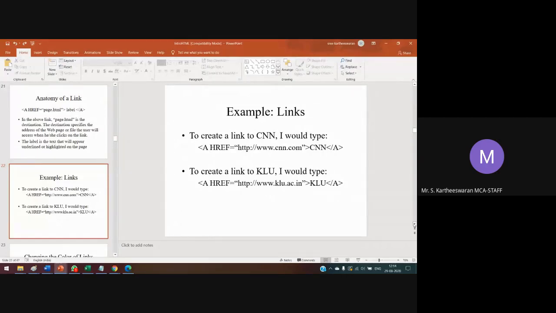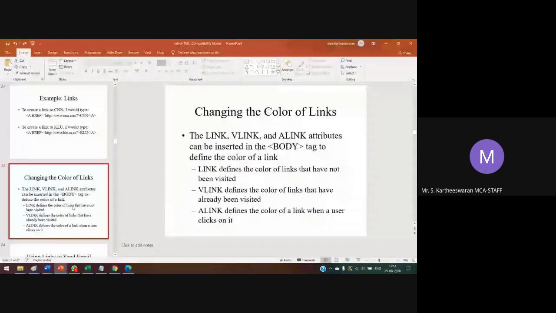Next is changing the color of the links.